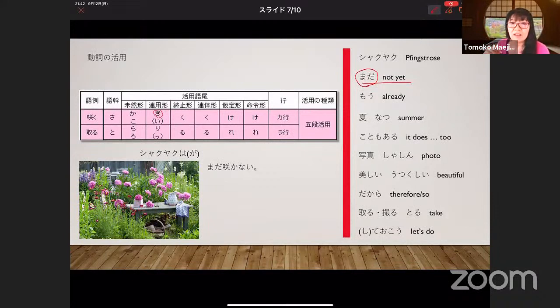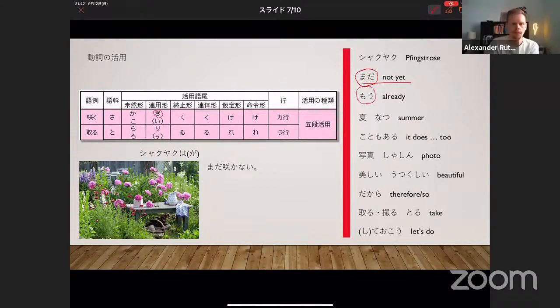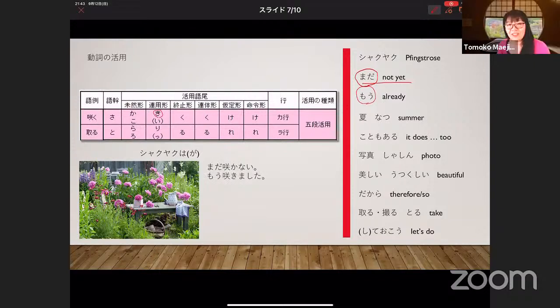So sakimashita. Then already, 芍薬 has already bloomed. Already, mo. Shakuyaku wa mo sakimashita. Yes, very good. 芍薬はもう咲きました。